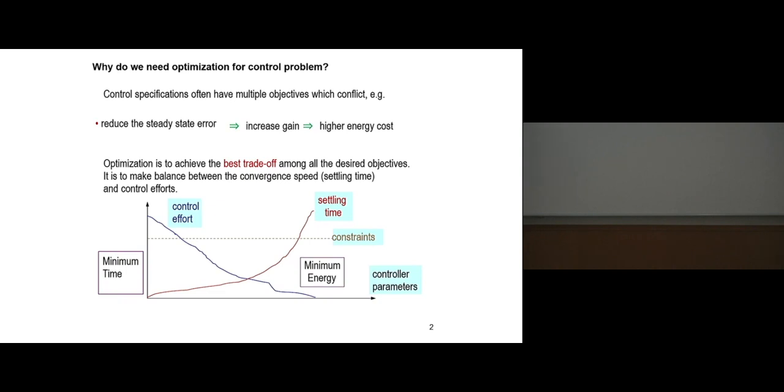For example, if you design air conditioning, what is the settling time you prefer? You can design it to be very fast, like 1 second. Yes, indeed you can do that, but then the energy consumption will be very, very high. You have to have a very powerful engine to do that.